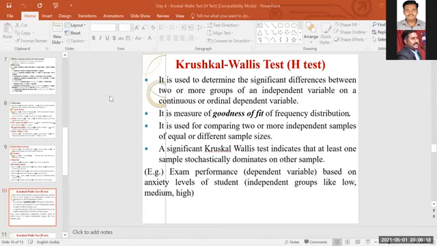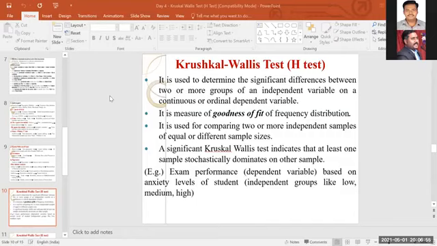Say I collected the data from three different populations, and under each independent variable I have more than three categories, three factors. I have one dependent variable, but in the independent variable I have three or more categories, and I collected those data from more than two populations. In that situation, you can use the Kruskal-Wallis test after checking your normality. If your normality is not met, you can use Kruskal-Wallis. If normality is there, then better go ahead with the ANOVA. No need to do Kruskal-Wallis.